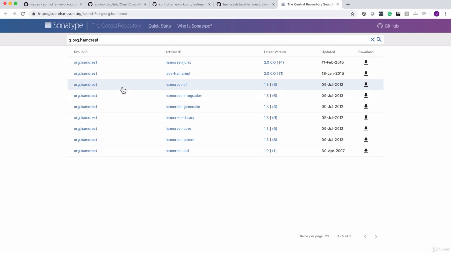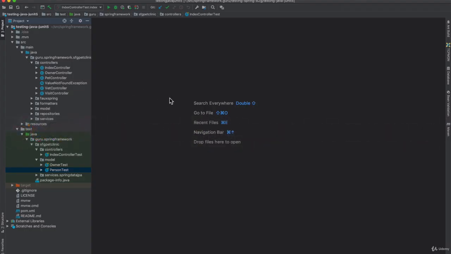Now, the reason I'm including this in the course, it's still very popular to use. Hamcrest is very popular. There's a ton of legacy code out there, and so you are likely to encounter Hamcrest. Given my preference, I'd probably use AssertJ, but the capabilities of JUnit 5 assertions are very excellent too. I'm showing Hamcrest because there is a ton of legacy code in play, and I want to take a look at that. So let's go into our little example project inside of IntelliJ,